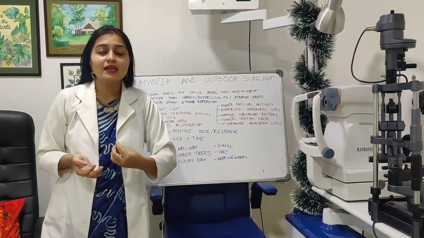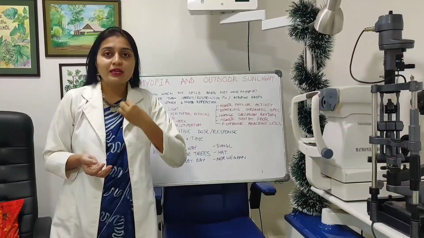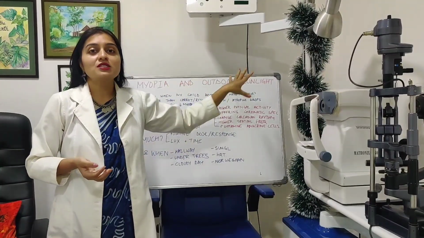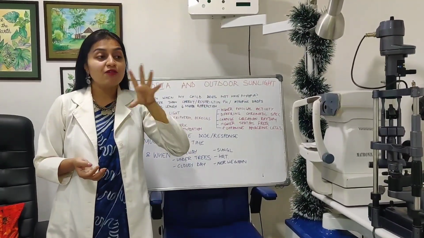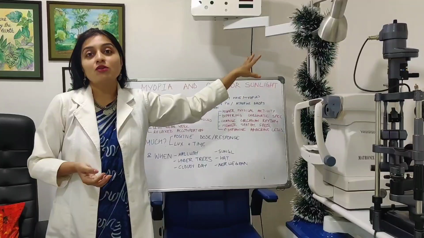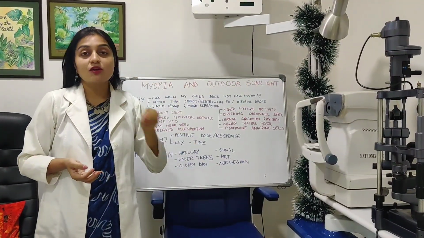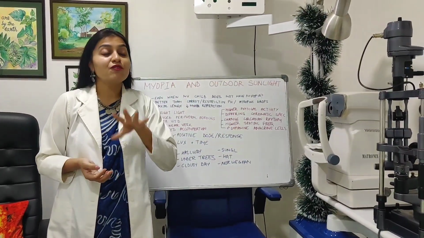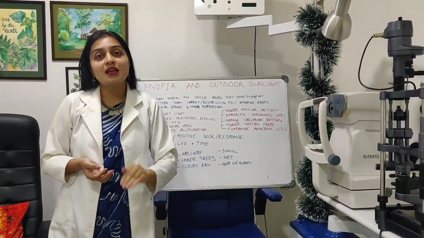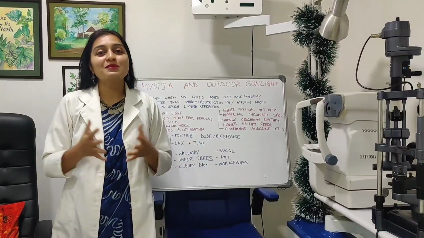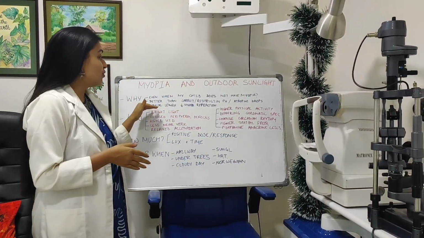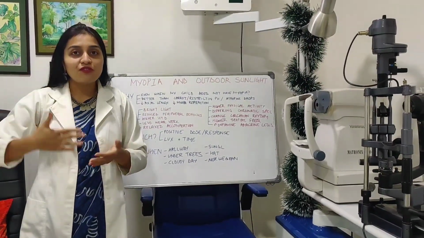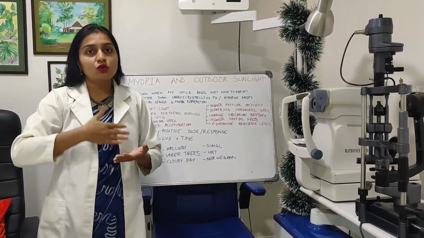I want this to sink in for everyone. I know I spoke a bit fast, but I want to reiterate what I just said. Even if your child does not have myopia, you still want to give them outdoor sunlight time. Even if your child is restricting phone, you still want to give them outdoor sunlight time. Even if you're giving your child 1000 carrots a week, you still want to give outdoor sunlight time. Even if your child is on atropine drops, you still want to give them outdoor sunlight time. I hope this message is loud and clear. Now we go into how exactly outdoor sunlight time affects the growth of the eyes.